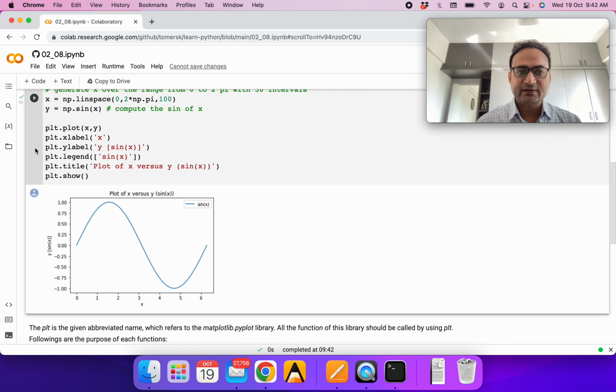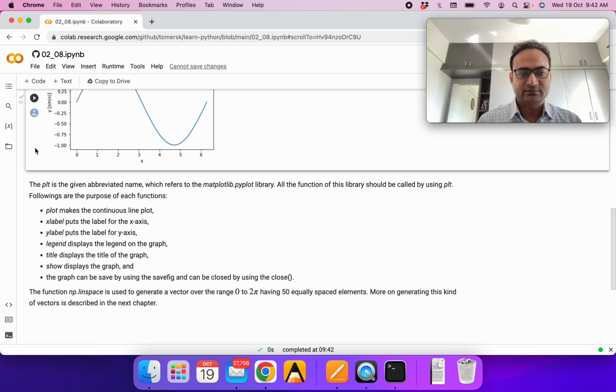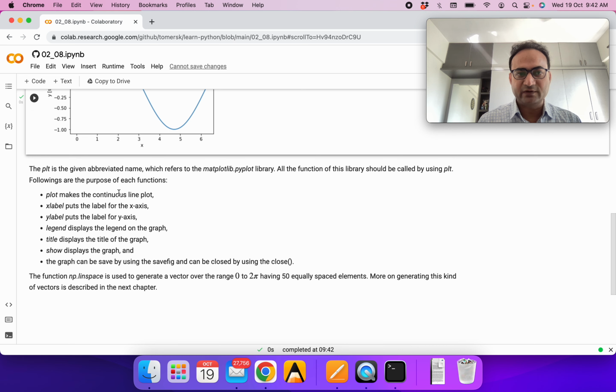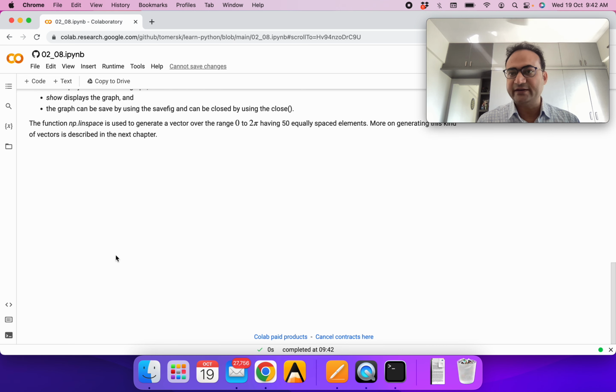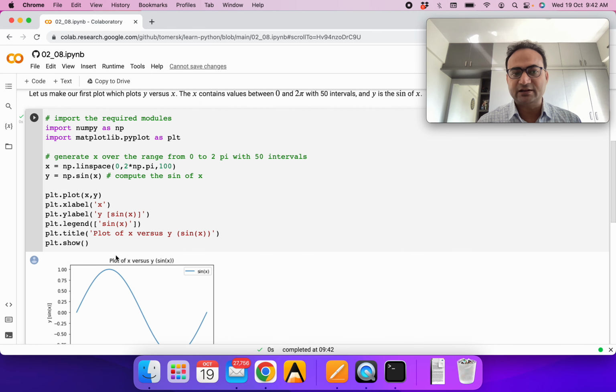So what is happening here is that though it's looking like a non-linear plot, in reality it's a linear plot. Since the spacing is becoming very close, at very short spacing it's linear, but ultimately it looks like a non-linear plot. So whatever plot we want to make, even though it's non-linear, we can have very fine spacing, and that's the way we can make a non-linear plot in Matplotlib. You can read about what we have done here, try different spacing, try different x label, y label, and then you can see how to make a nice plot.